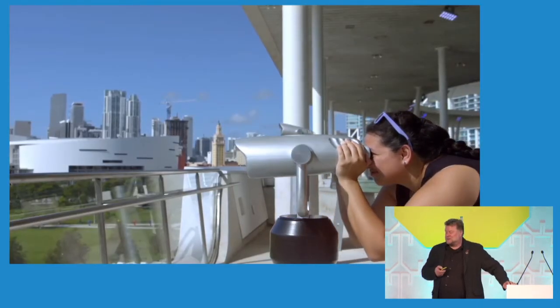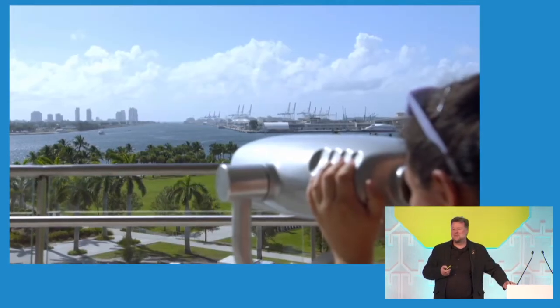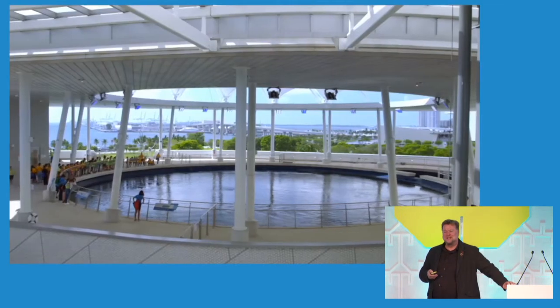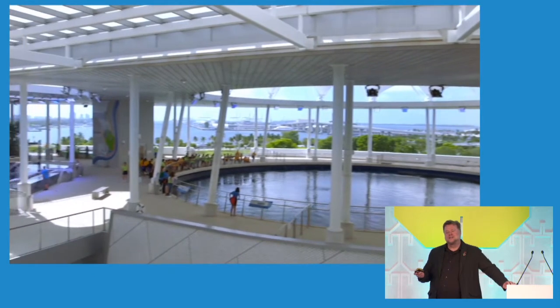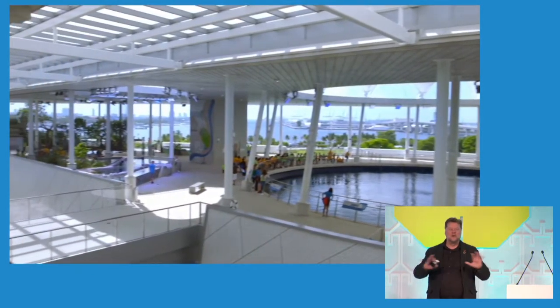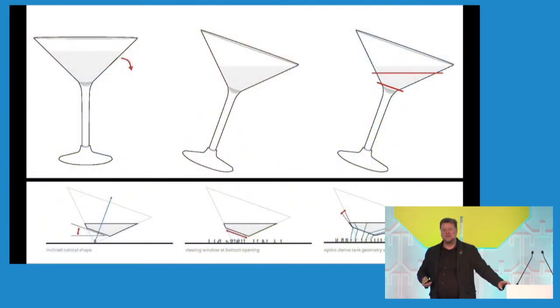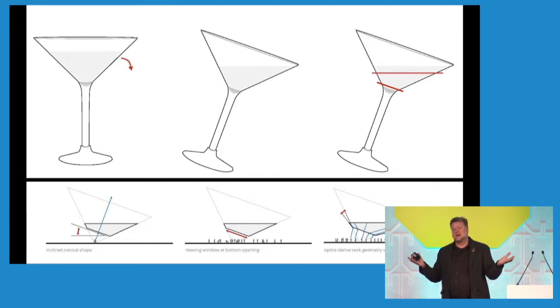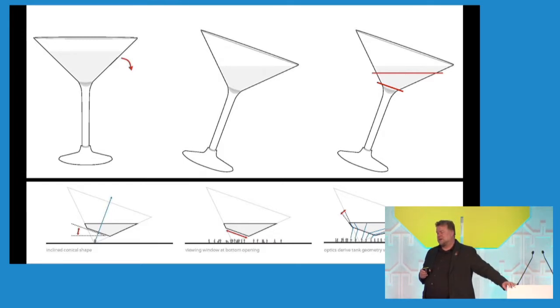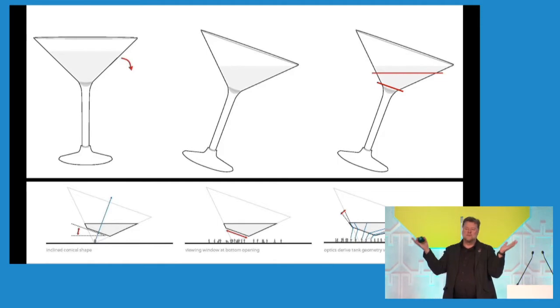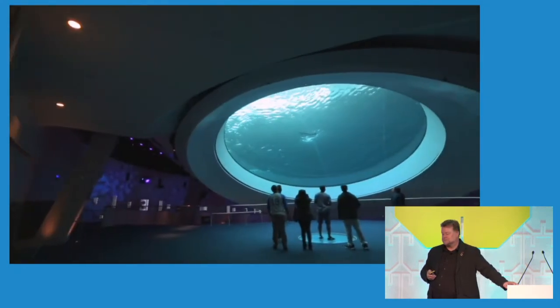And then below, I suppose, the tour de force, and this was, I think, inspired probably one night in a bar by a martini glass. But rather than creating a traditional aquarium where you look through a surface and like a giant picture window, we wanted to create the environment of what it would be like to be a diver looking up, where you see nothing but the expanse of the ocean and the fish swimming above. So because it's a conical form, you don't see the surface area. You only see the water above.